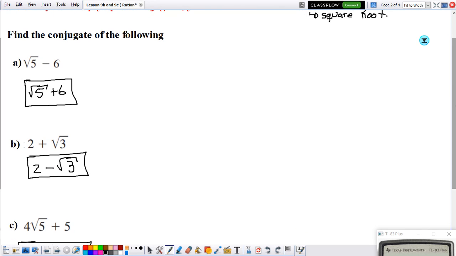Now, why is a conjugate pretty important? Well, let's just show that on the first example. Let's get the expression and let's multiply by the conjugate. So now, let's see why the conjugate is kind of important. So we have the original here, square root of 5 minus 6. Let's multiply that by the square root of 5 plus 6. So now I'm going to do the multiplication a bit fast because you should be familiar with it. So square root of 5 times square root of 5,